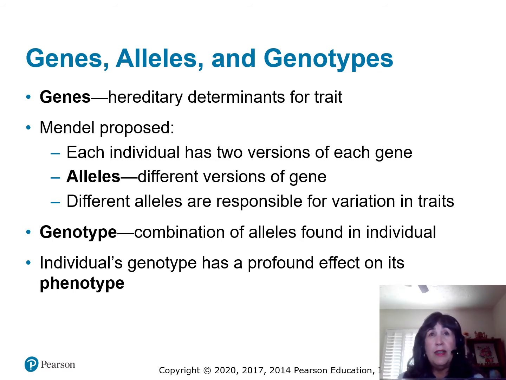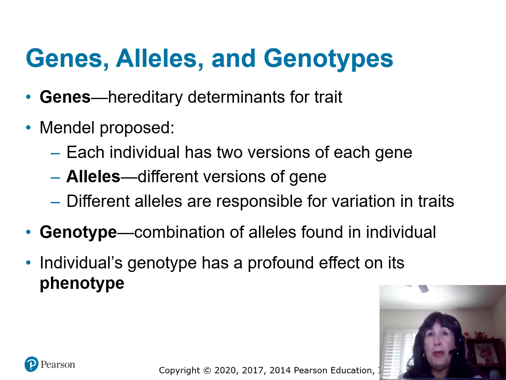Okay, so each individual has two versions of a gene. This is often referred to as Mendelian genetics, and these variations are called alleles. One allele is found on mom, and the other one is found on dad. And remember, these are found on the homologous pairs. So that brings us to two more terms that you need to know, genotype and phenotype. Phenotype is what you physically see, and we've already talked about it. But genotype refers to genetic combinations, like big T, little t, or two little t's.